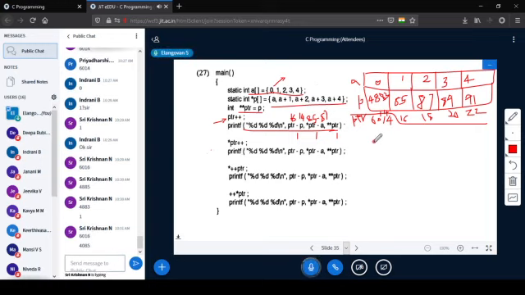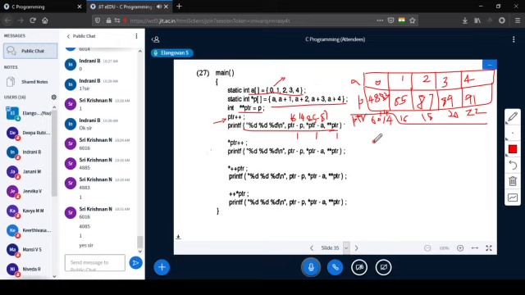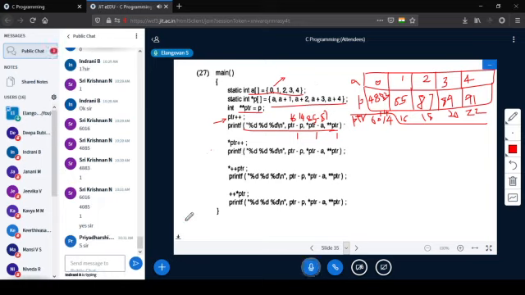You will get 1, 1, 1 as the answer for the first printf statement. Okay? Is that clear? Fine? Yeah. So coming to the next one.